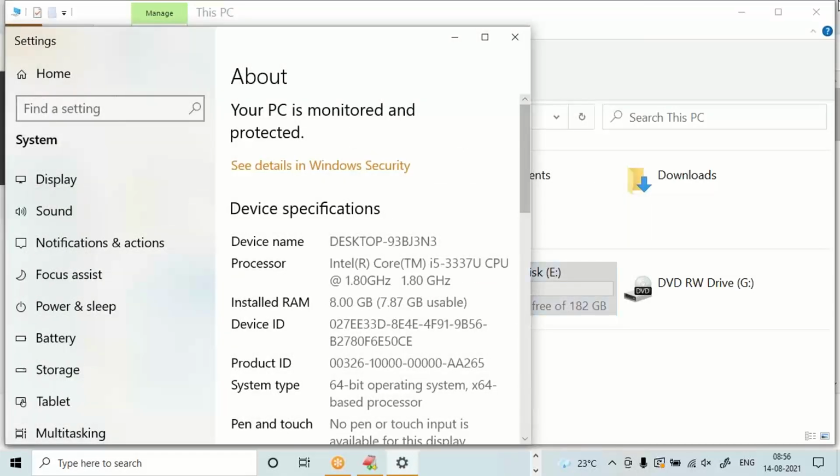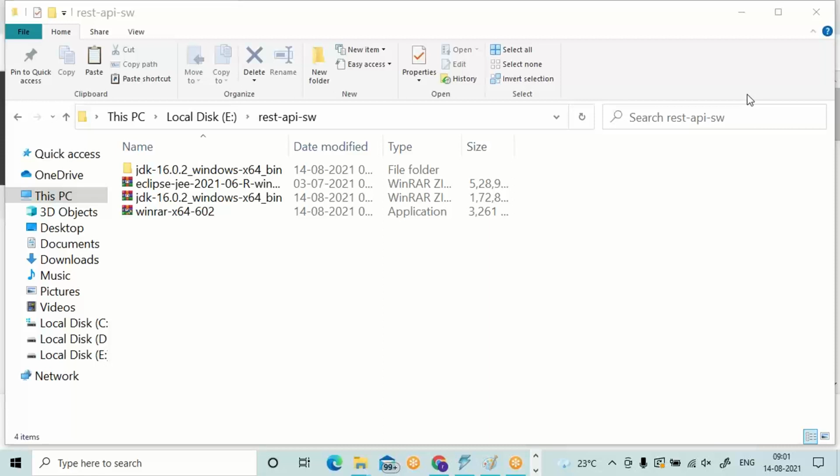JDK is ready. We have to go for Eclipse. We installed WinRAR and we uncompressed JDK and updated path environment variable.